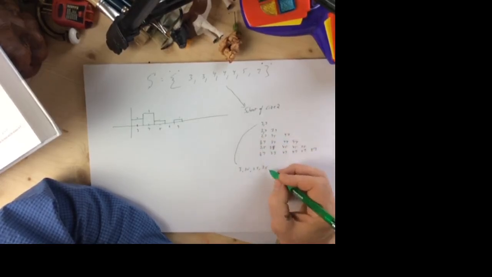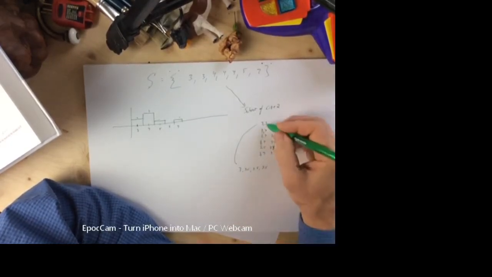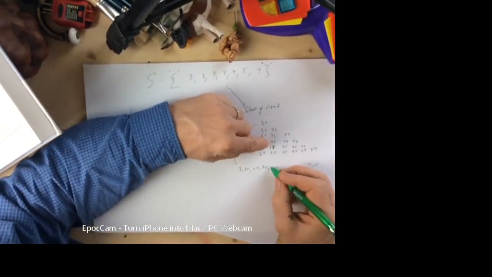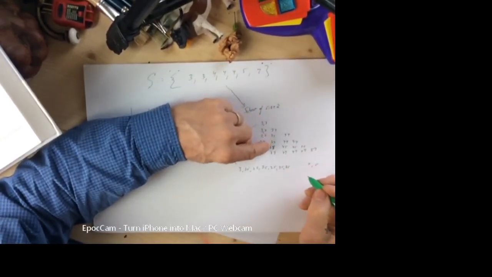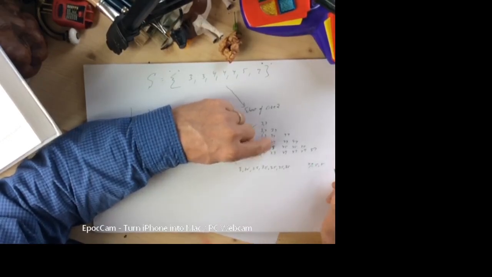The average of 3 and 5 is 4, 3 and 7 is 5. Now this will be 3.5, 3 of those again. That'll be another 4 and another 5, and